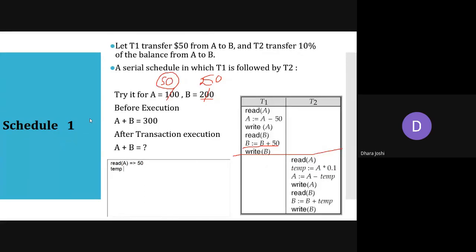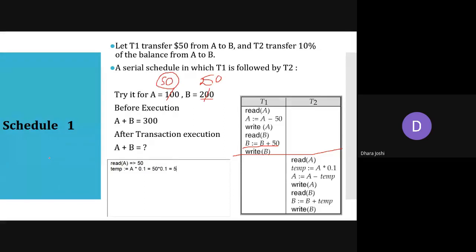Temp is a variable which will store 10% of balance A. We have A equals 50, multiplying it by 0.1 gives 5. So temp will have 5 as its value.